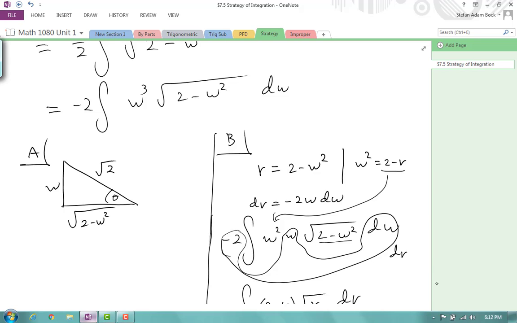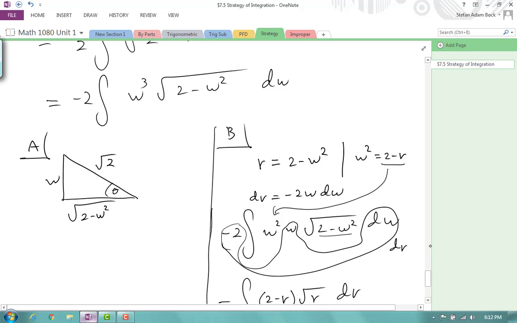Let's go ahead and finish. Do a little bit more work on this trig substitution I have on the left. Opposite over hypotenuse, that's a sine. Sine of theta is equal to w over root 2, or w equals root 2 sine of theta, which means